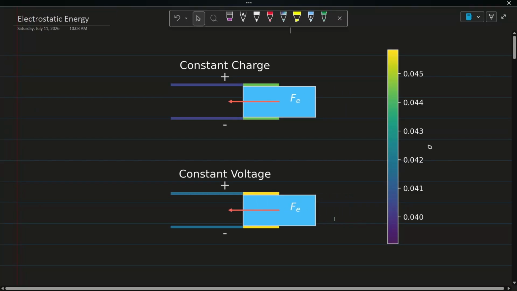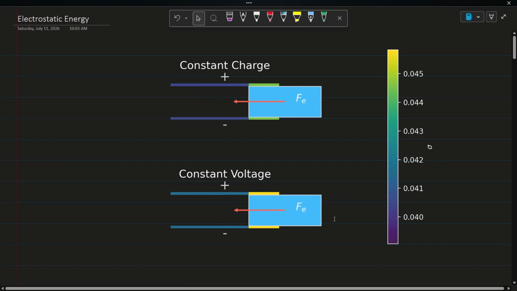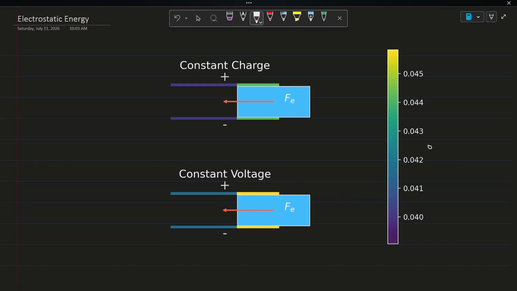The following visualization shows you what will happen if you put the dielectric slab between two different parallel plates. One of them is using constant charge and the other is using constant voltage. As you can see here, the forces are different, but they both attract. And by the end of this video, you will be able to understand why this happens